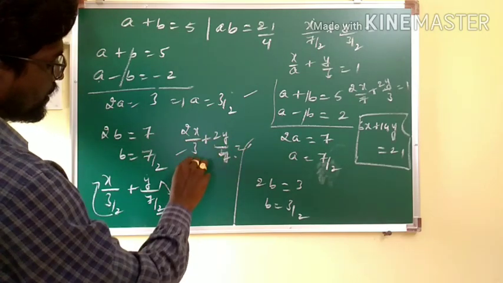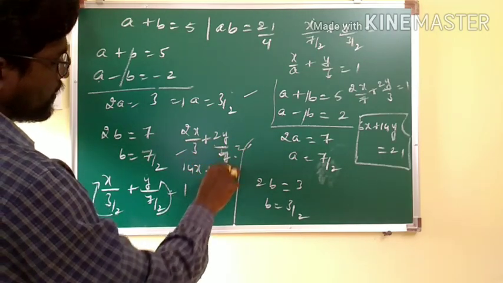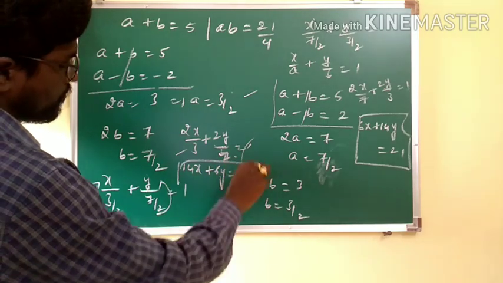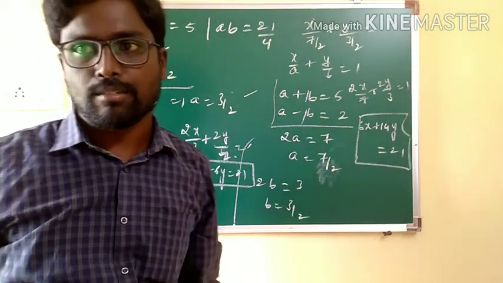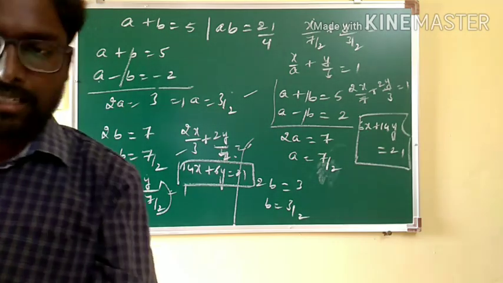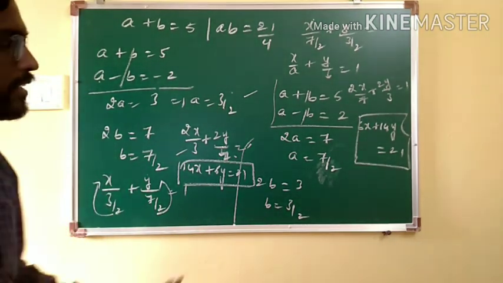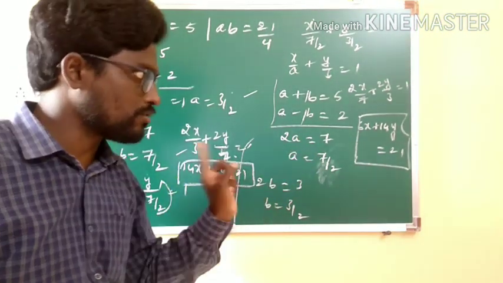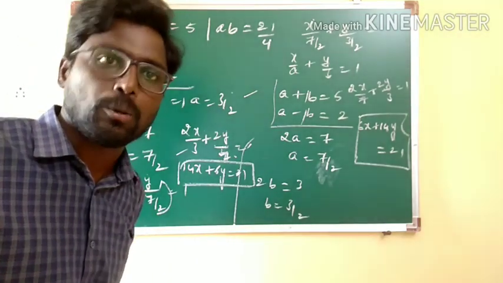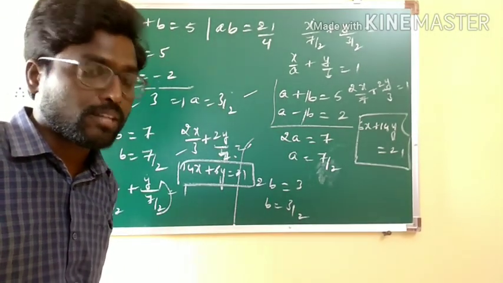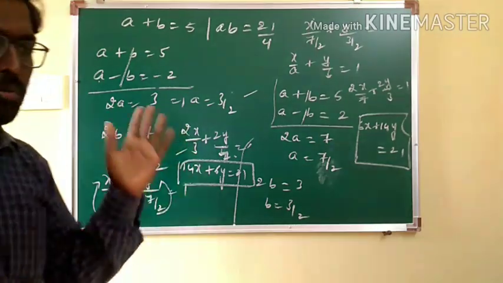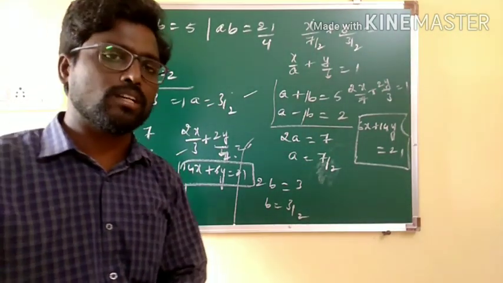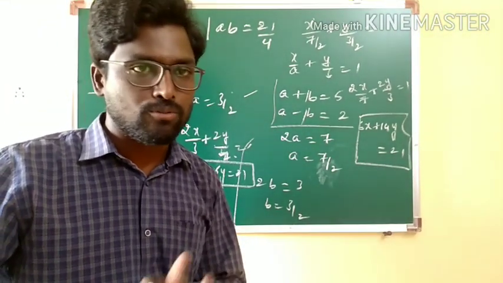On taking the cross product, 14x plus 6y is equal to 21. Here we have got 6x plus 14y, but here we have 14x plus 6y equal to 21. Means here on taking two possibilities, one outcome is according to our options. Sometimes you will not be given both the options in the given question. Sometimes any one of them will be given. So we have to test it.